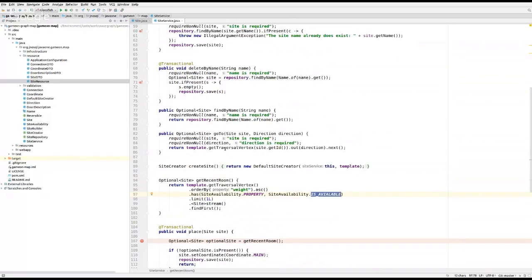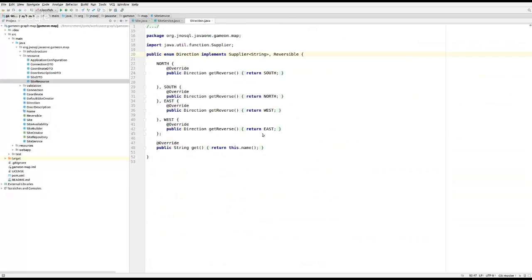And also, imagine right now we are in the main room, and then you'd like to go to another room. So given the site room here, you'd like to go in a direction. What you are doing right now is navigating through the rooms, right? So the direction here is the enum, the unit element.